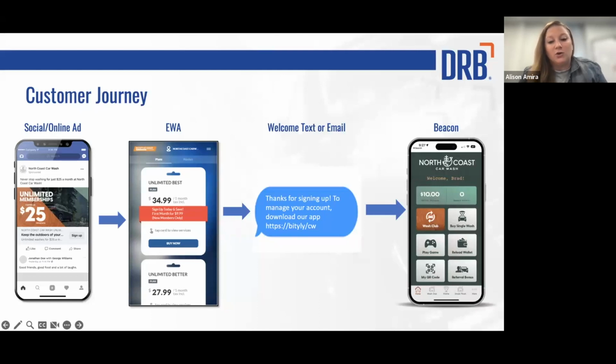However, we know that apps are best used for managing memberships and driving continued engagement. So it's critical that we ensure that customers when they sign up for their membership, we communicate to them the importance of downloading the app, and we can immediately do that via text or email. Once they download the app, they'll use the app to manage their account, and we can then try to upsell them to the next level of membership, refer a friend, or continue to earn loyalty points. So as you can see, both the Progressive Web App and Beacon mobile app in this instance are essential for building out a holistic customer journey.